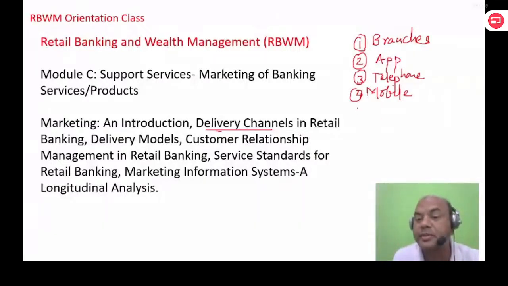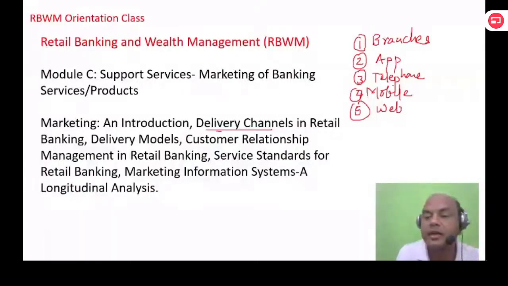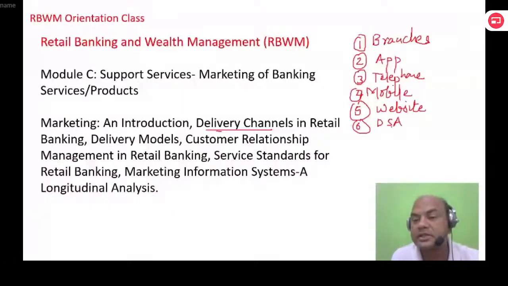There are many as such. Internet means your website as such. Website is itself a delivery model. Then others are there, private models are also there. DSA is one of the private models, private agencies. Then nowadays in our nationalized banks we have the BC, business correspondent, right? What is a BC? A business correspondent is a private person who works as an agent on behalf of the bank, right?